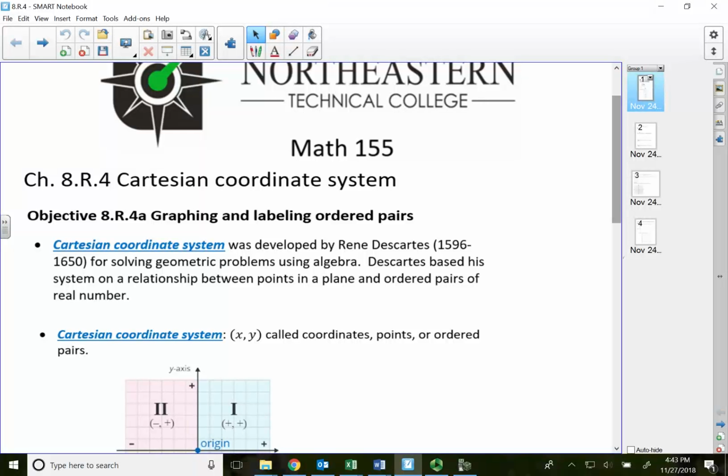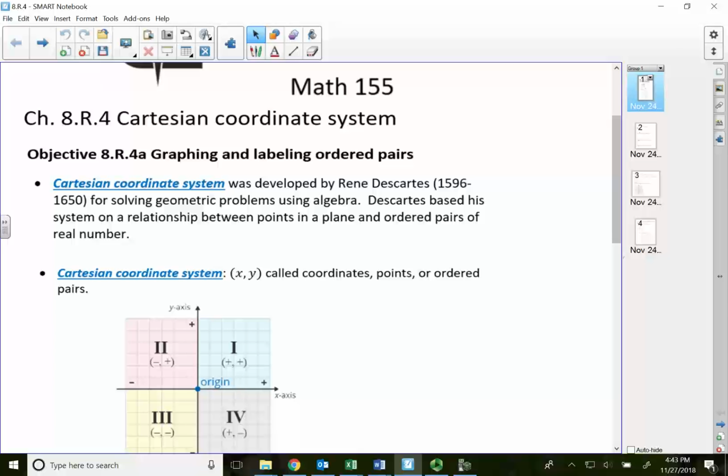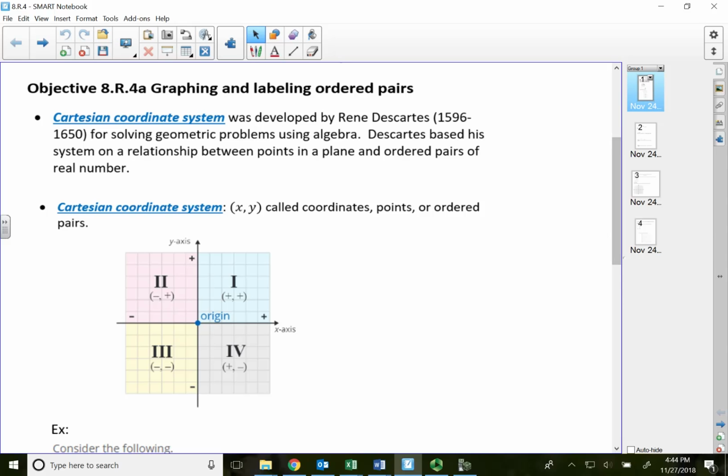So basically the rectangular coordinate system, or what we so-called the Cartesian coordinate system, was actually developed by René Descartes for solving geometric types of problems using algebra. The x and y axis was developed by René Descartes. Descartes based this system on a relationship between points in a plane and ordered pairs of real numbers. As you can recall, learning about the x and y axis,